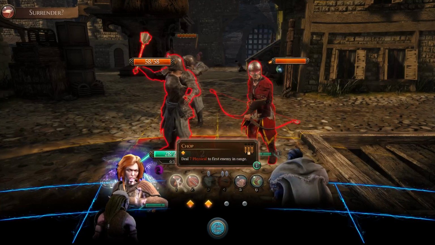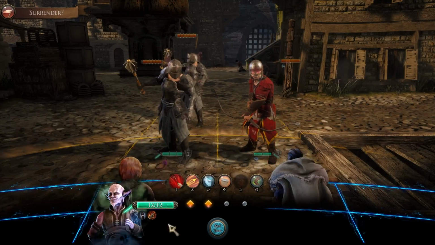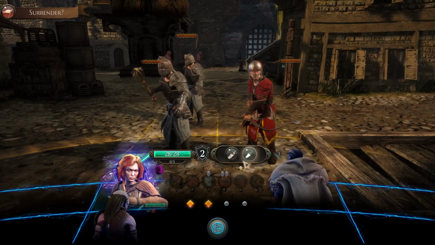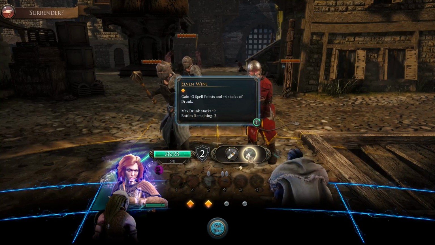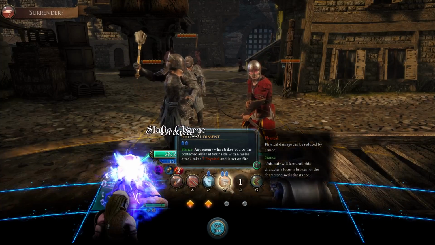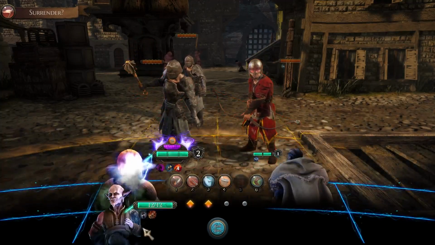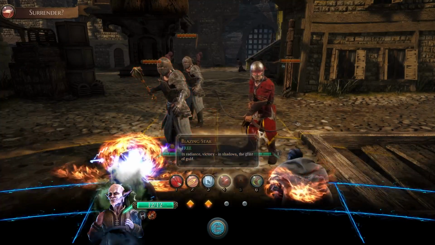So, let's actually just go ahead and kill that guy right now. I am going to go with an Elva wine this time. Maybe not. Nope, not this time. Okay, I'm gonna go with Gale's Rudiment. And then, if I want to kill this guy over here,